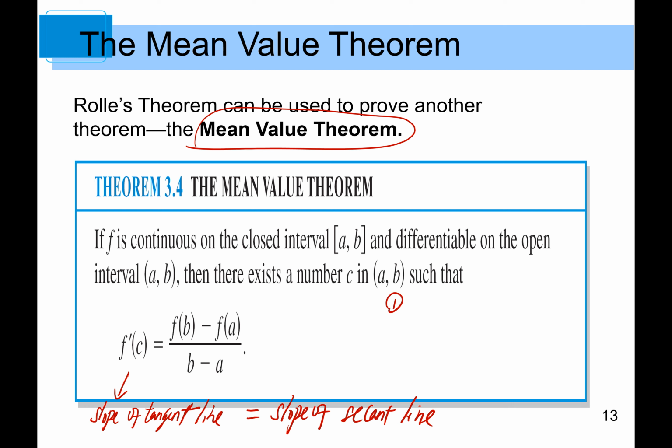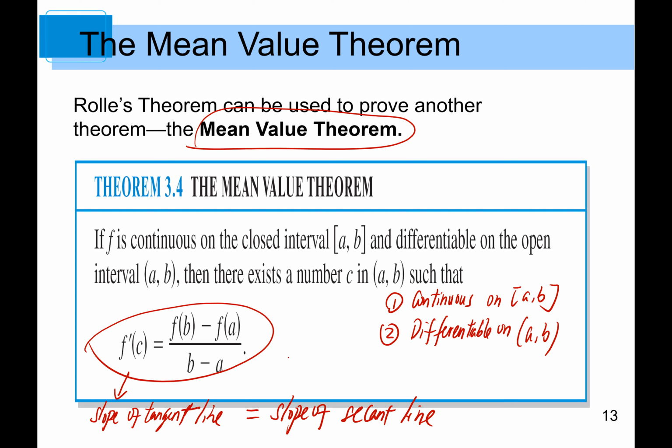So also two conditions have to be satisfied: continuous on the closed interval [a, b]. Second one, differentiable on the open interval (a, b). And f prime of c equals f(b) minus f(a) over b minus a. Okay,